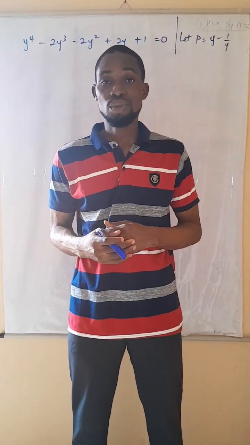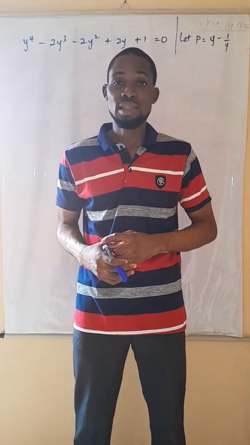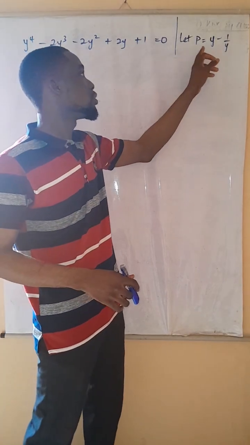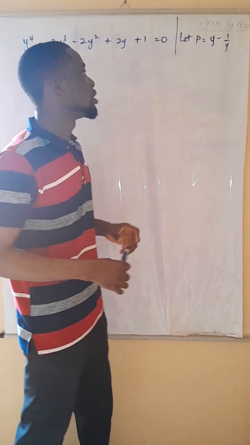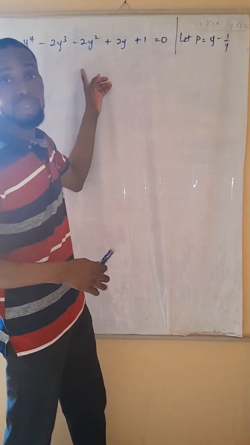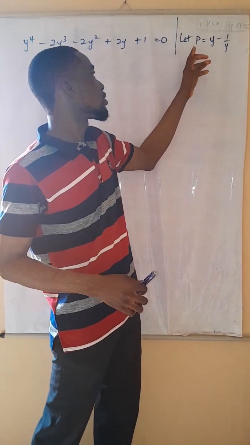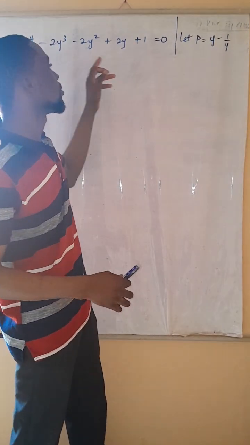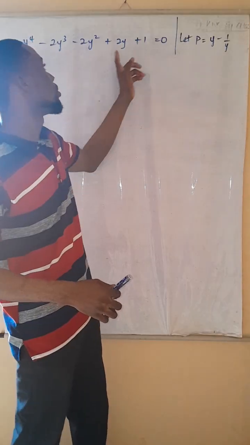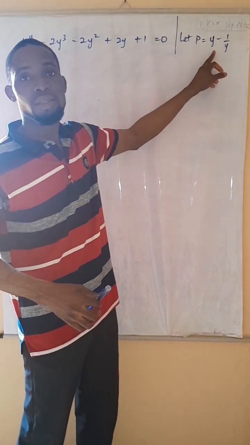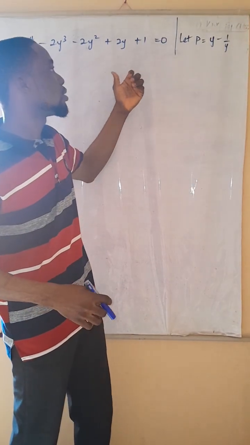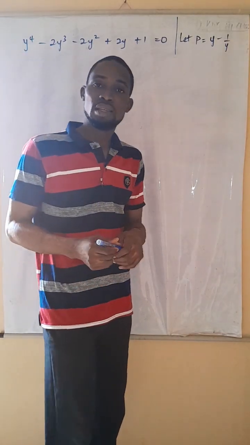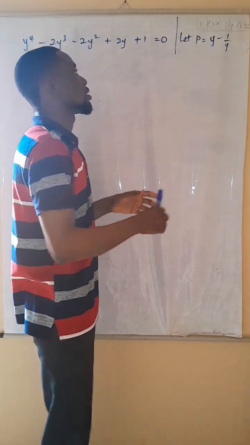Okay, starting with the first solution. In my last class I said, when you want to solve a question like this, we have to substitute P for this. Since P is not in this equation, what you first do is to either transform the equation to this form or transform this to a form where you can substitute y inside. Now, how do we go about it? Since P equals y minus 1 over y in this case, then I would say, making